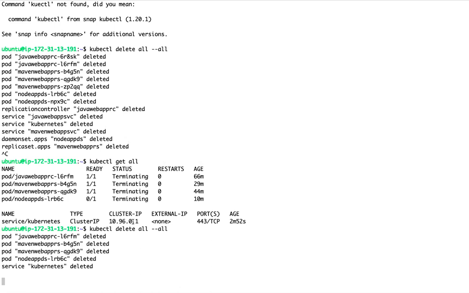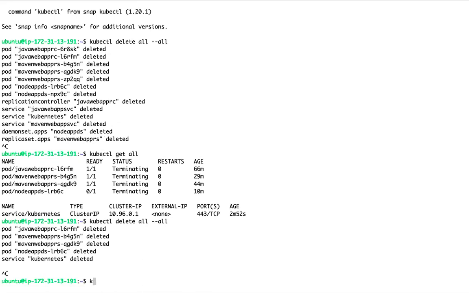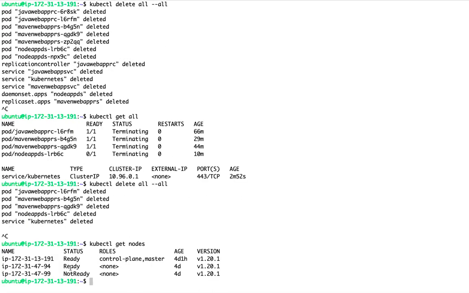Guys, if something goes wrong with your nodes, how can you check? First, you can check whether your nodes are ready or not. If a node is not ready, what could have gone wrong?